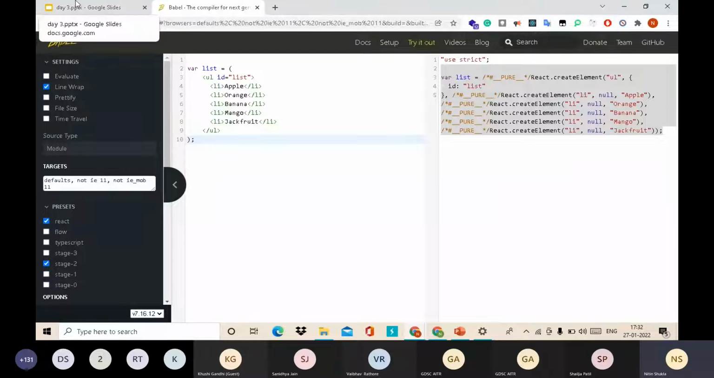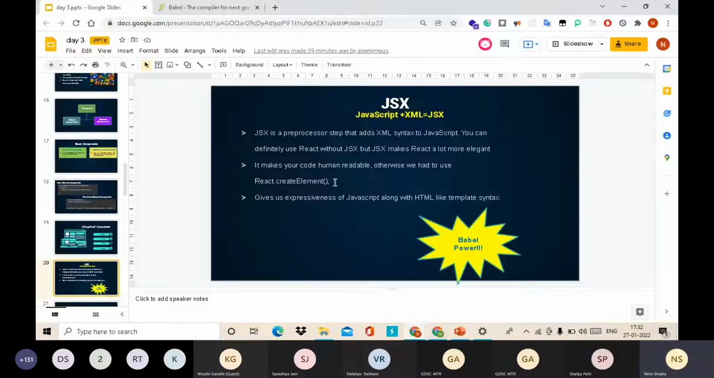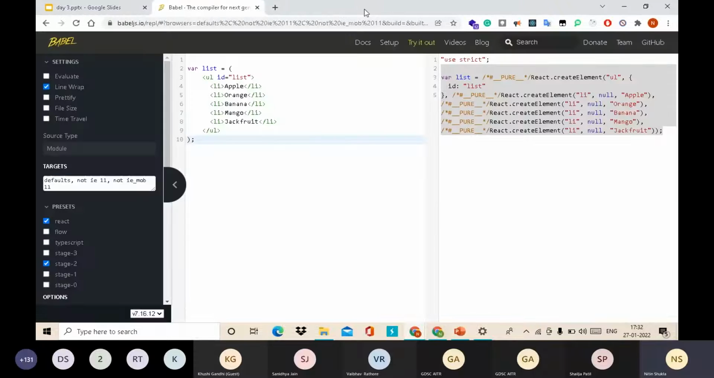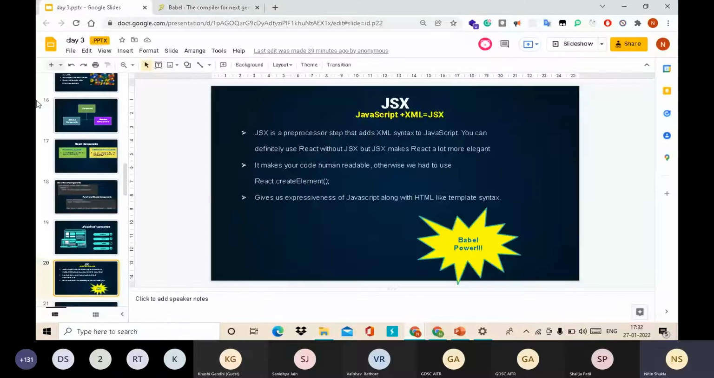Okay, so basically there are two ways in which it converts the code. The first method is createElement, the React create element, and the second is the append method. Append method and create element are the two methods by which JSX code gets converted to JS code. Okay, so